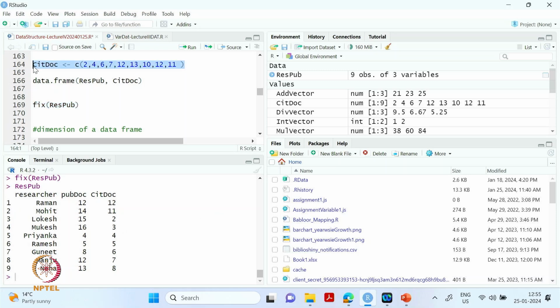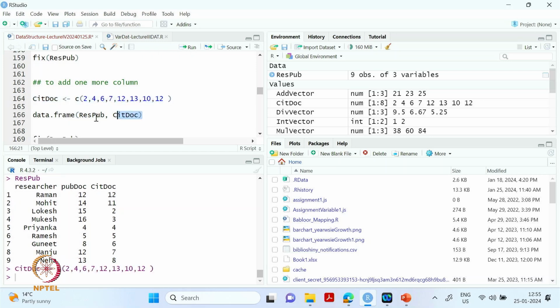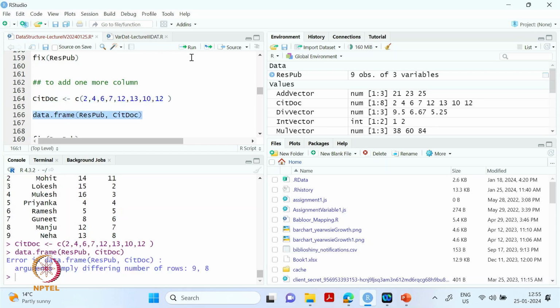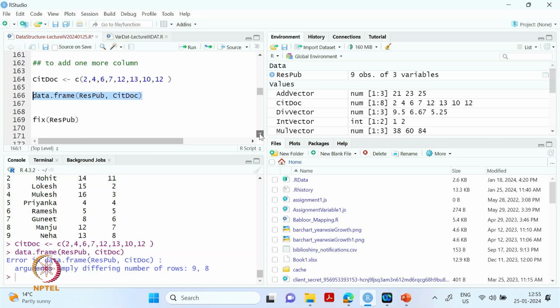If you go by this particular approach, sometimes, for example, if you add these values here, and I run this now, it will say that there are 8 rows in that particular column. Sometimes if you have a large data set and you don't know how many rows it has, it will show errors. So the better way is to use this fix function, and if you run this,